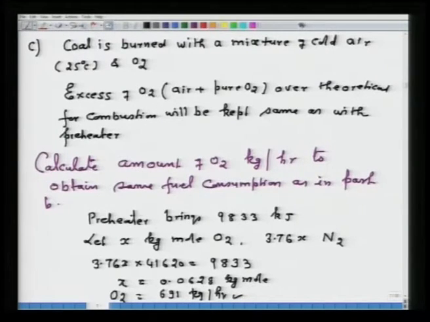So, the objective of illustration of this particular problem is that there are several ways in which one can cut down the fuel requirement and hence the concept of carbon credit. Now, I will give you another problem, so you can think and you can do that. Now, another problem is like this, the problem number 2.